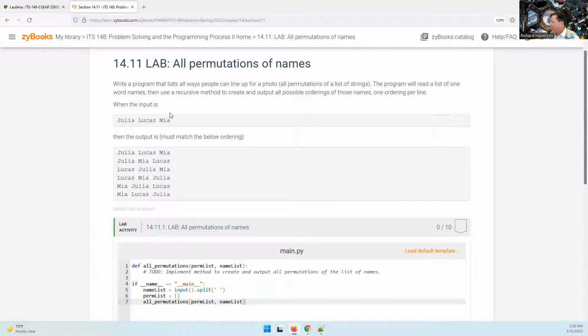This is generating the combinations without replacement. So it's easy to count up how many possibilities there are. It's 3 times 2 times 1. There's 3 possibilities for the first name, and then after that there's 2 possibilities for the second name, and